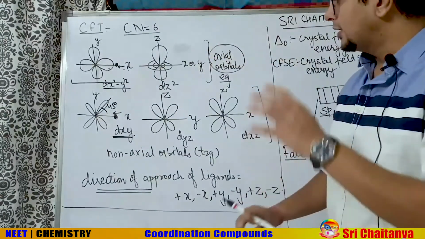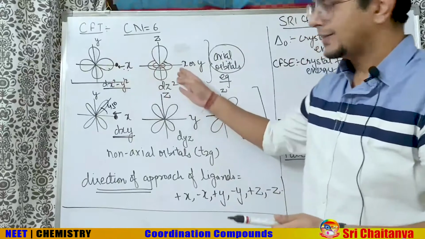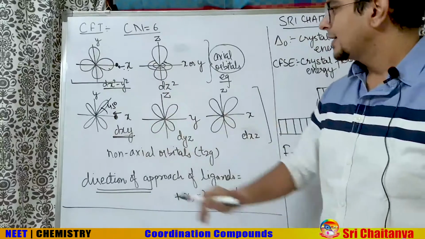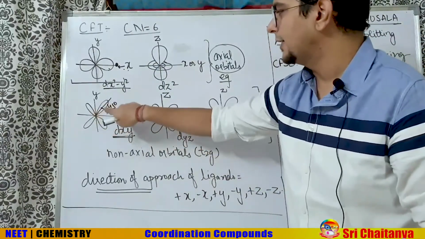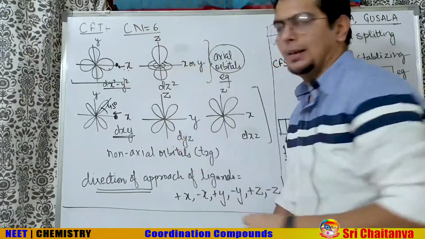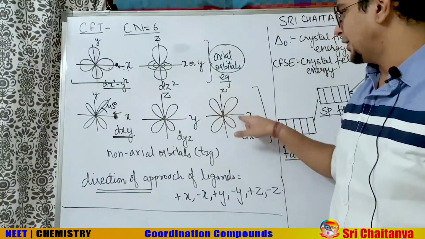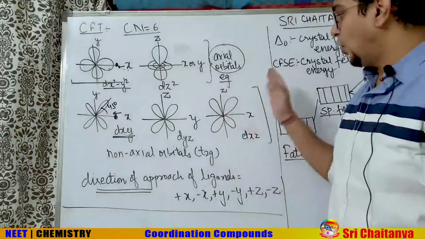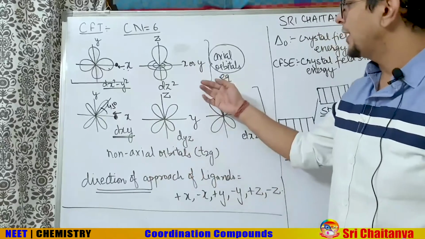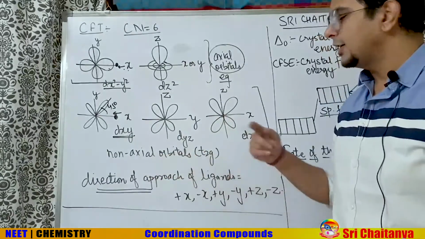So now we have 5 d orbitals which are dx square minus y square, dz square. These two lie on the axis, you can see their shape is mentioned on the board. dxy, dyz, dxz, they lie at an angle of 45 degree to the axis. So basically, because these orbitals lie on the axis, we call them axial orbitals. These orbitals lie away from the axis, like between the two axes, you can say. It is not lying over the axis, so I'm calling it a non-axial orbital. The name given in this topic to dx square minus y square and dz square is Eg, and the name given to the non-axial orbitals is T2g.